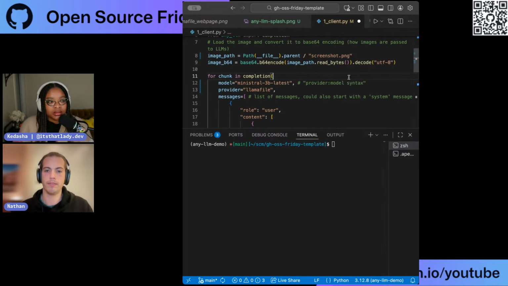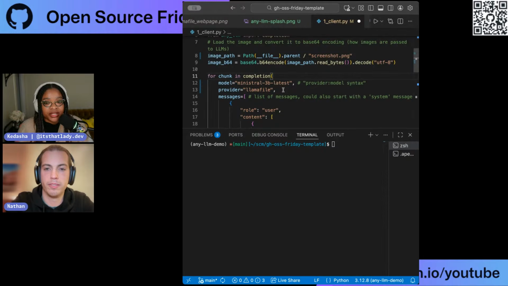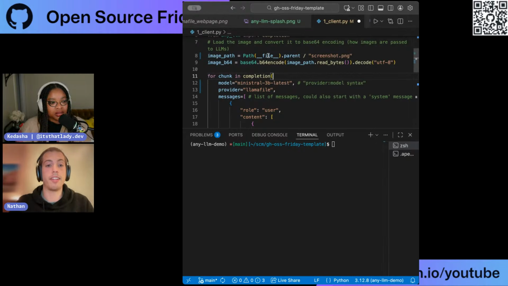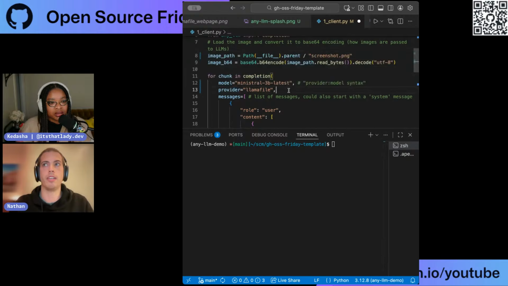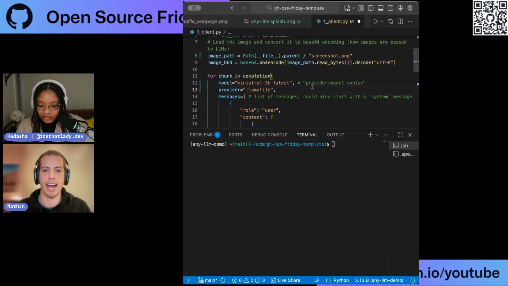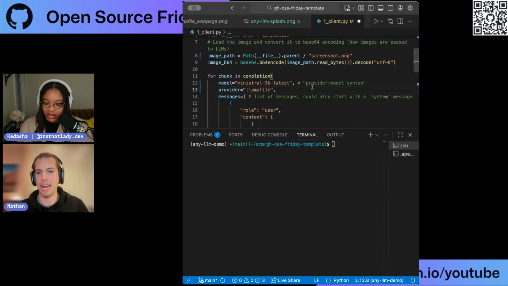And how does any LLM handle it if, let's say, you make a request and then there's an error? What does that look like? It'll throw it back as an exception. I think that we'll actually be able to see it throw an error through the gateway demonstration. In the next part of the demo, I have it so that we'll make it throw an error, and then you can see how it comes back to you.